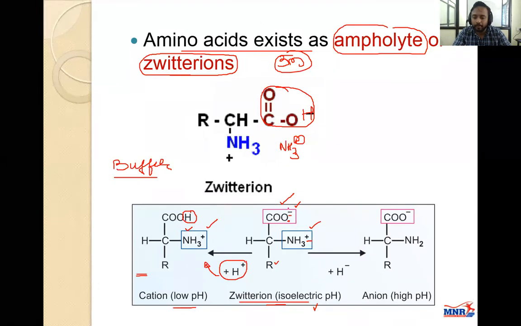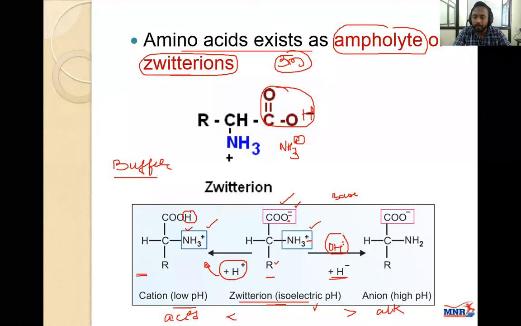Now see the other side. Here the Zwitter ion is there. Now you add OH minus, meaning base. Now you are increasing the pH. You all know pH. If you increase pH, it is alkalosis. If you reduce the pH, then it is acidosis or acidic pH. So in alkalosis, there are either fewer H plus ions or more hydroxyl OH minus ions.